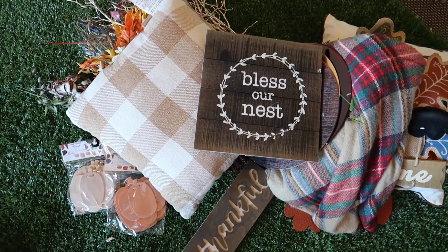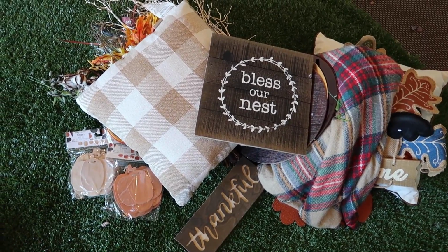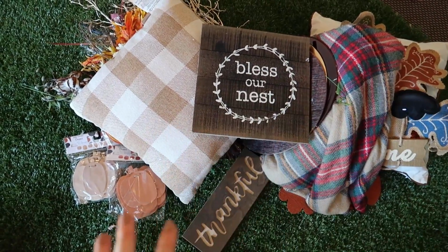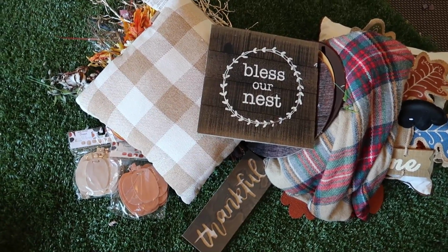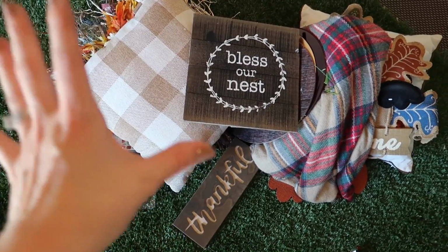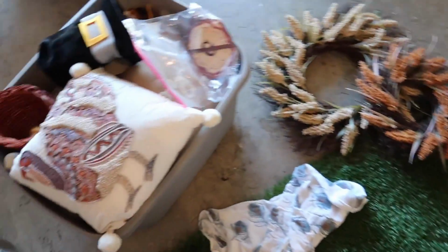So as you can see, I have added to this pile as I've put things back into the tote, and I never miss the things that I say goodbye to. Honestly, I never regret getting rid of things. They served me for their time, and now it's time to release them and bless someone else with them, and I am totally okay with that. And this is literally 2 totes worth of stuff that I'm getting rid of, and it makes me feel so